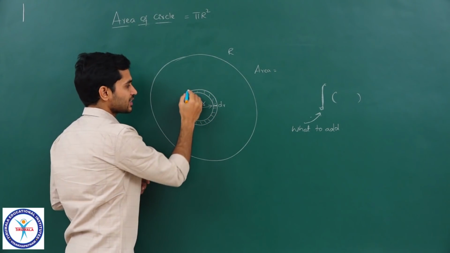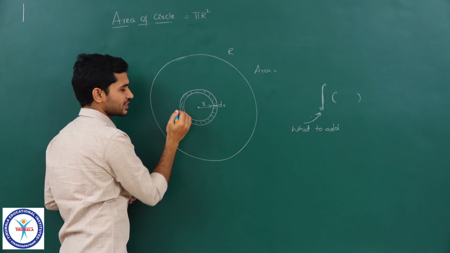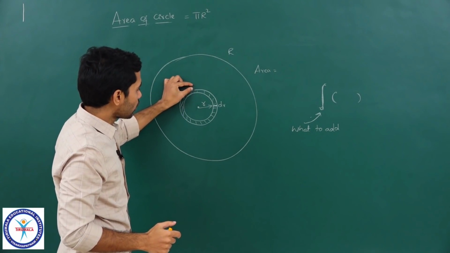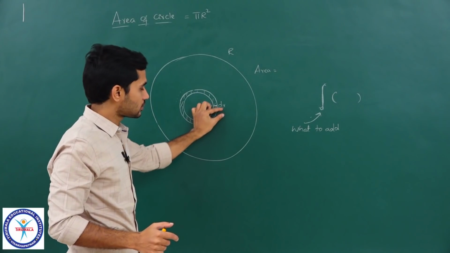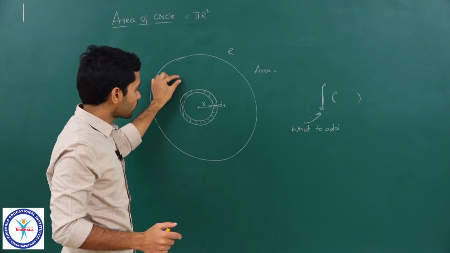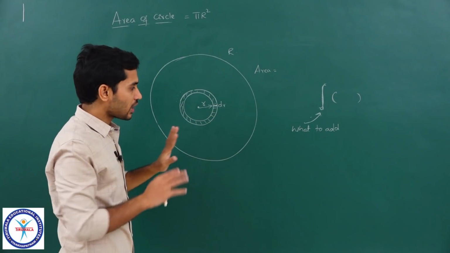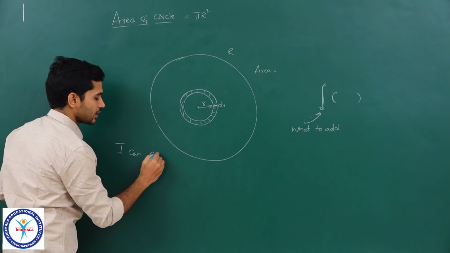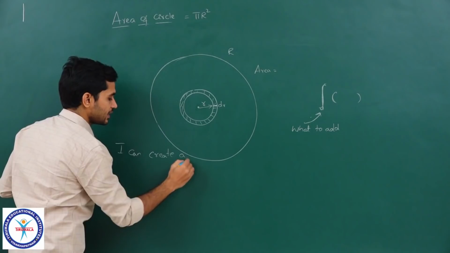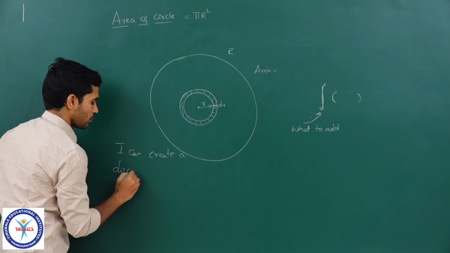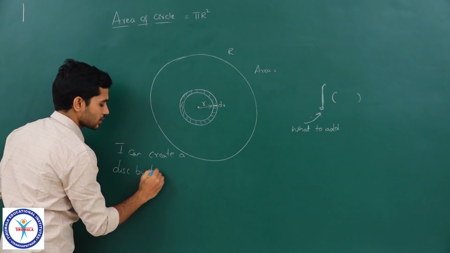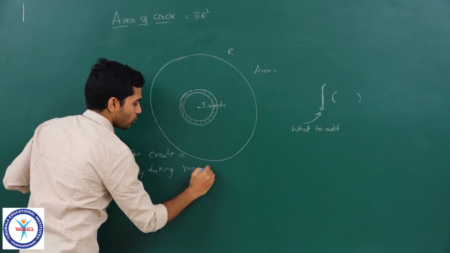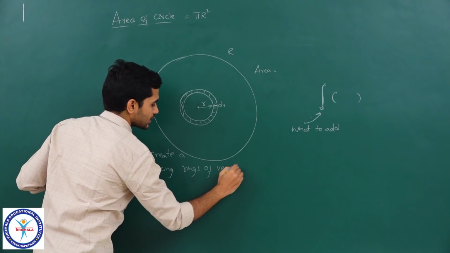clear. So, just consider one more ring which is just outside it, slightly bigger radius, clear. So, just another ring outside this of similar thickness, take another ring outside that of similar thickness. So, what I am saying is, I can create a disc by considering or by taking rings of very small thickness